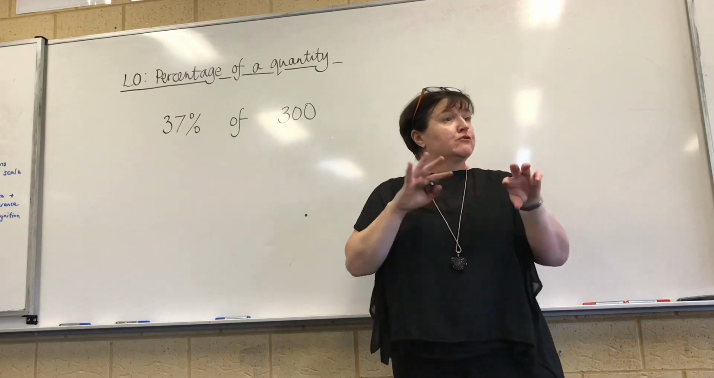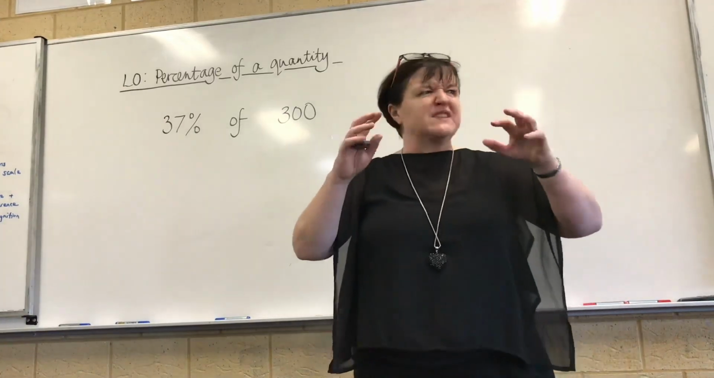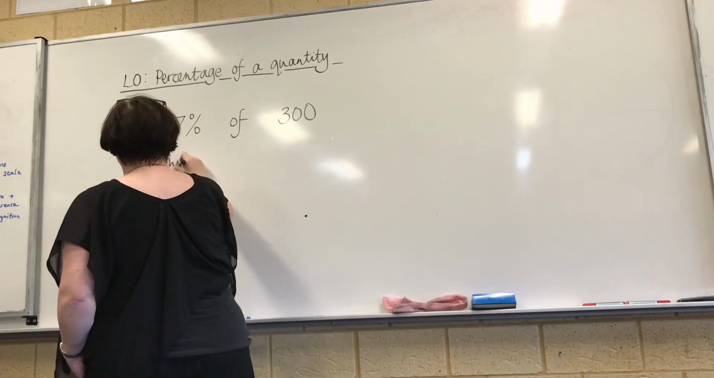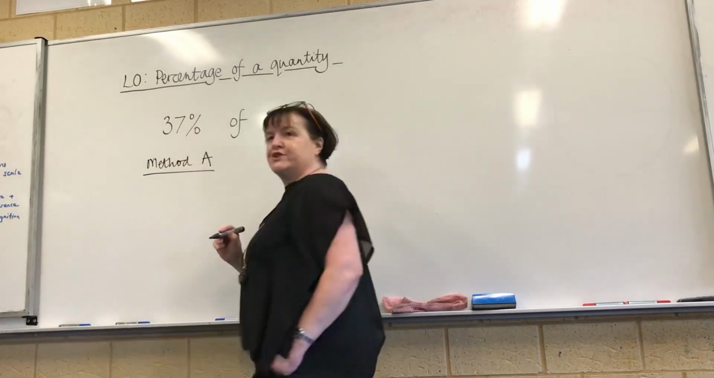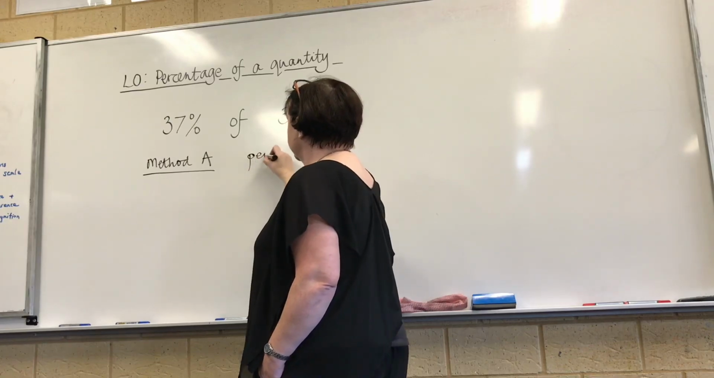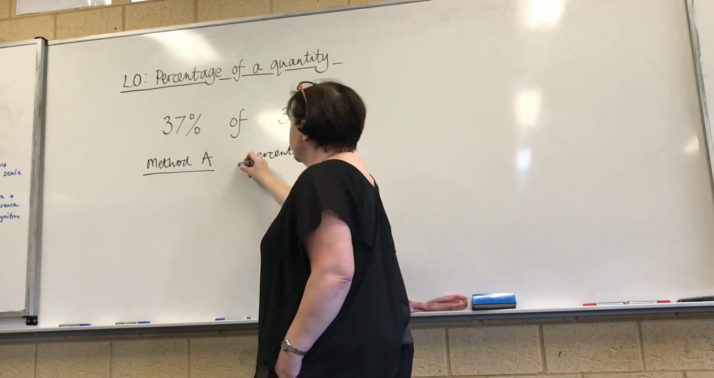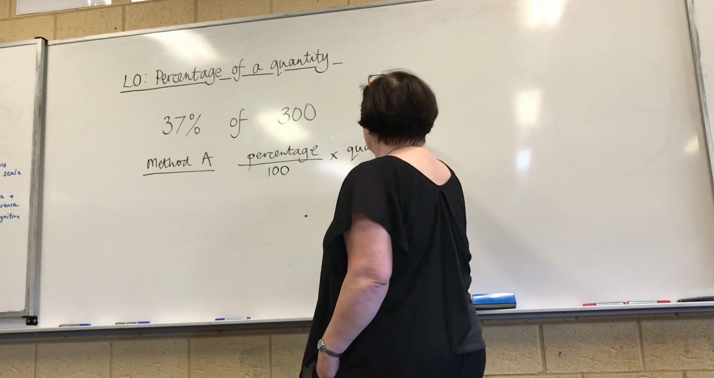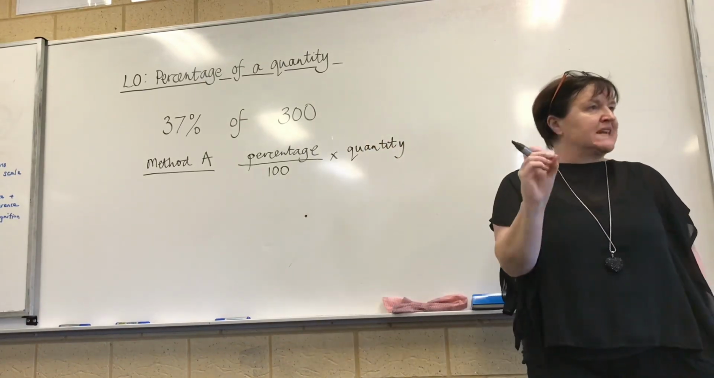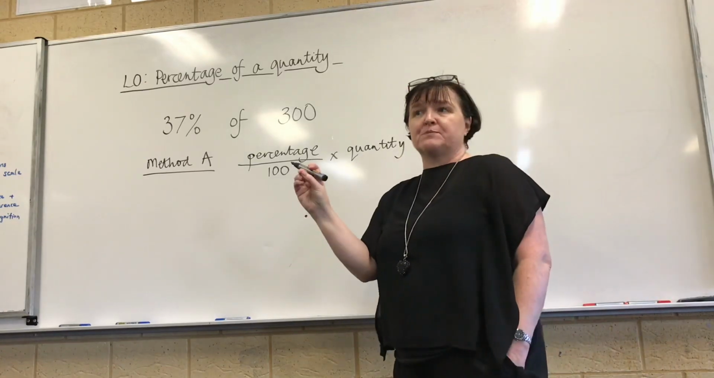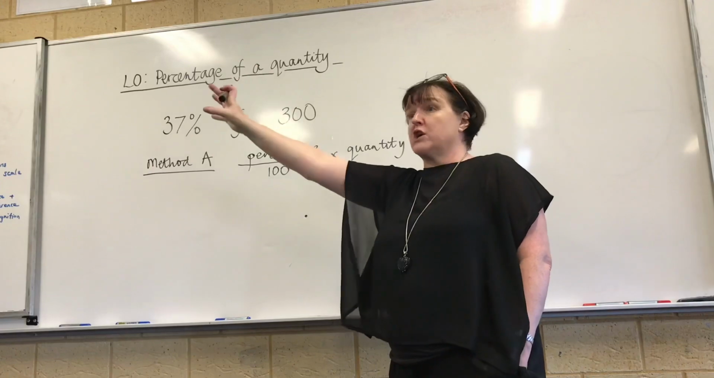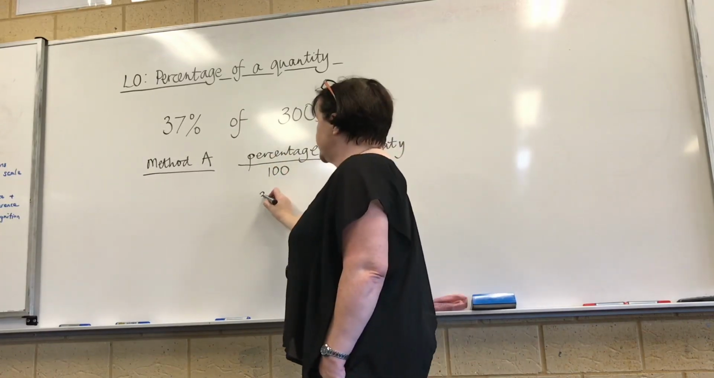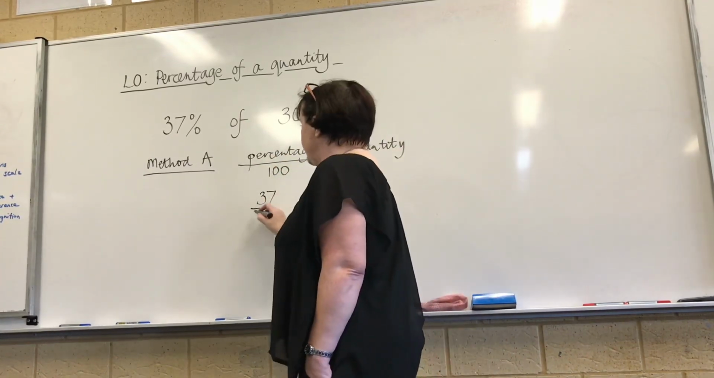Now, there are two different methods that are both really the same, but you're just coming at it from a slightly different angle. If you use method A, what you do is you take the percentage, divide it by 100, and then multiply it by the quantity. So for this particular problem, you would do 37 divided by 100, and